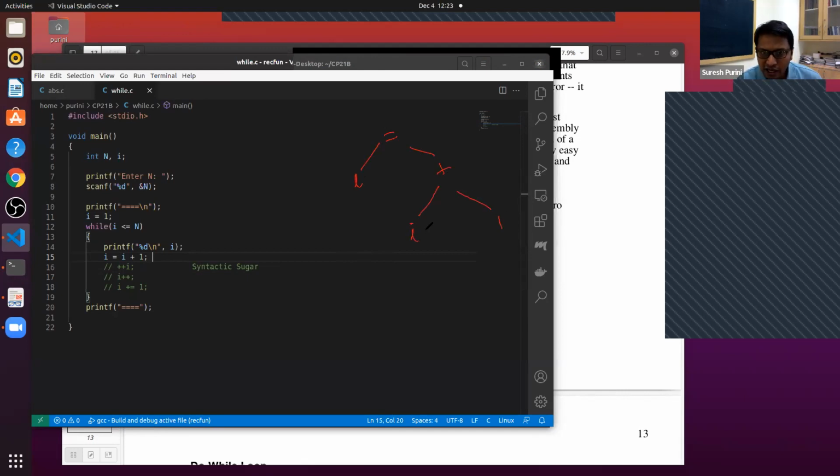What is this i? Is it a read or write? It's a read. And here it is a write. So whatever the value that is present in the memory location associated with i, you read. Let's say if i is equal to 2, then 2 plus 1 is equal to 3. And the value 3, this is what is called an expression tree. If you use a different color, so i is equal to 2, 2 plus 1 is 3, and 3 is copied or written into the memory location associated with the variable i.